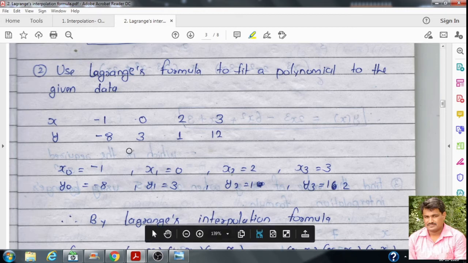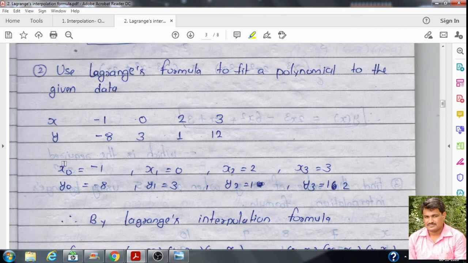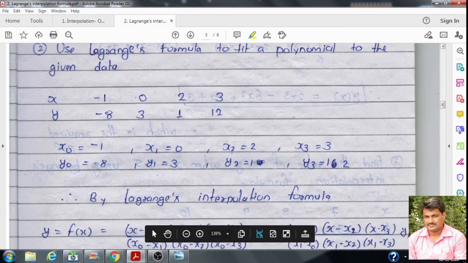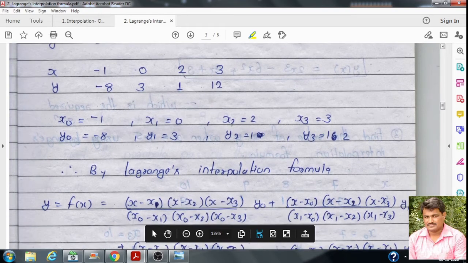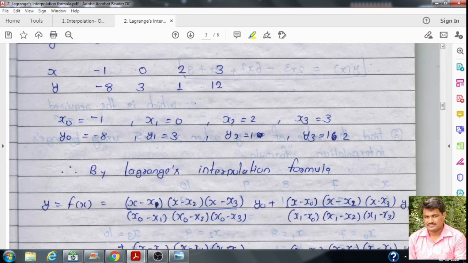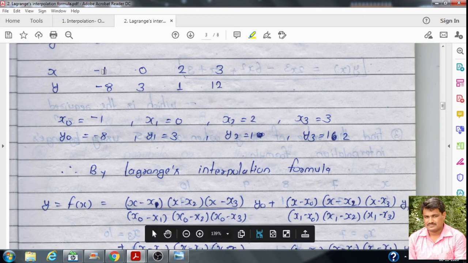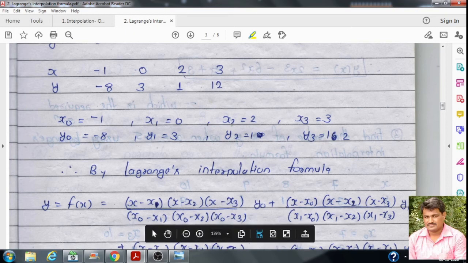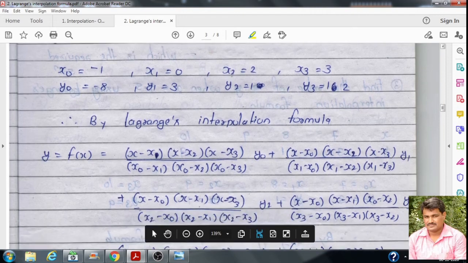Then we write the values of x as x0, x1, x2, x3. Similarly, we define the values of y: y0, this is y1, this is y2, y3. After that, we consider the Lagrange's interpolation formula for the given data. And using that, here we know x0, x1, x2, x3. Total 4 points are given. Hence, for those 4 points, we can define the formula